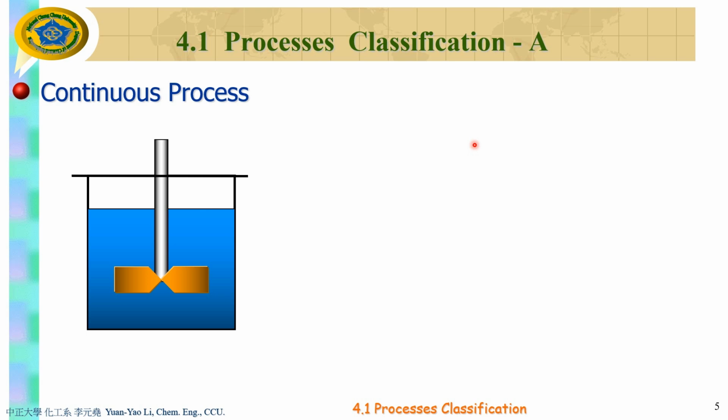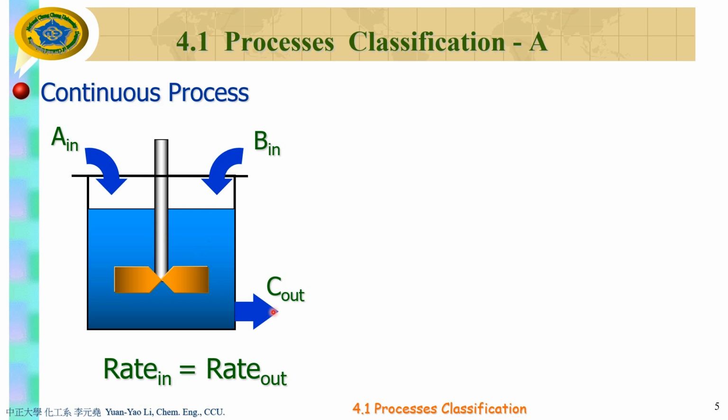Okay, so what is the continuous process? If we use this as an example, we have a feed A into this reactor or this container. We have a feed B into this container. We stir it. But at the same time, we have a pipe here, and the product comes out continuously. So we keep on feeding A and B into this reactor or mixer, and we have C continuously come out. So the rate in will be equal to rate out. This is what we call steady state. Steady state is that the level of this